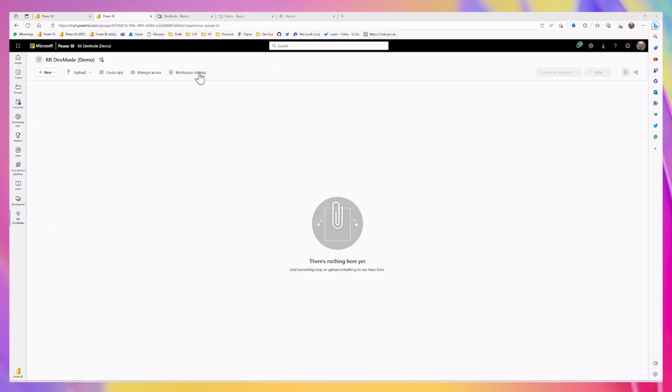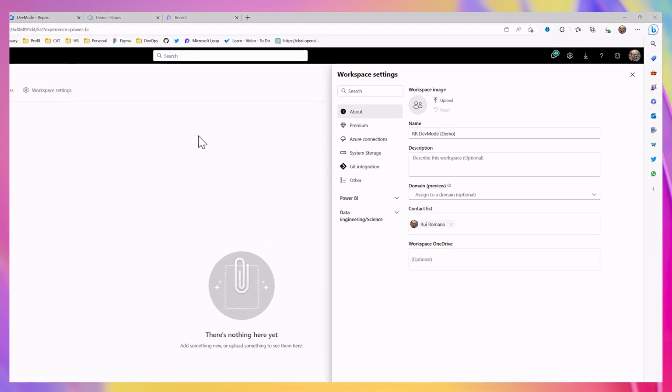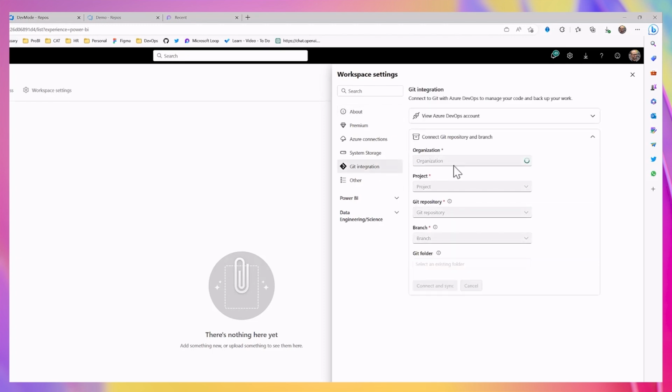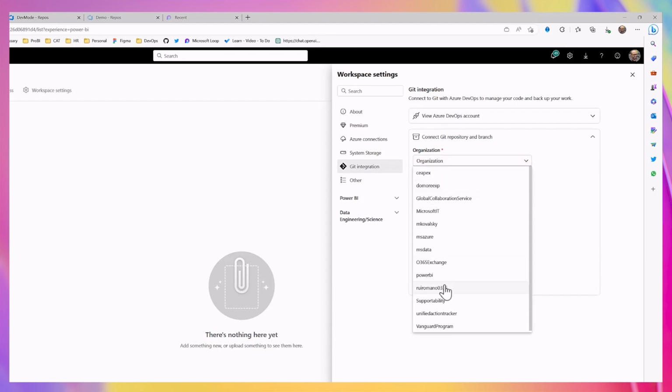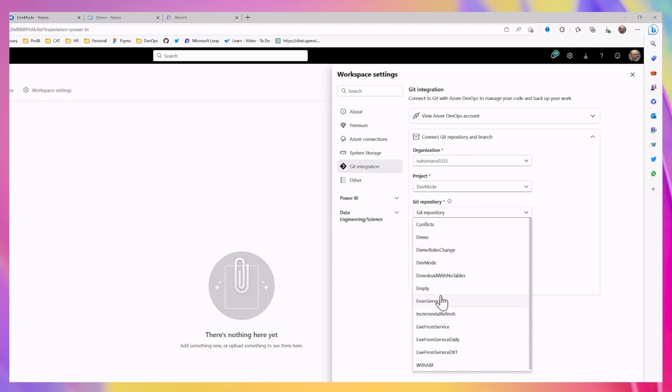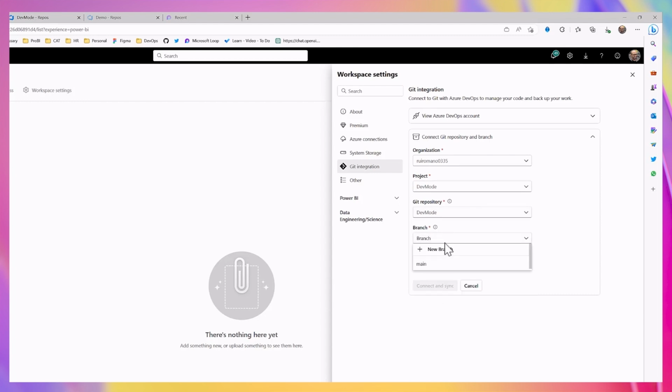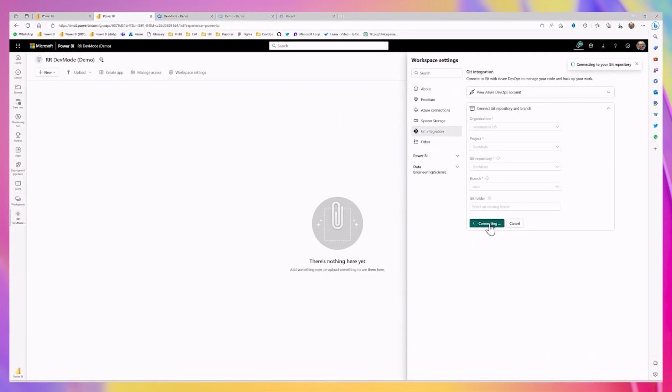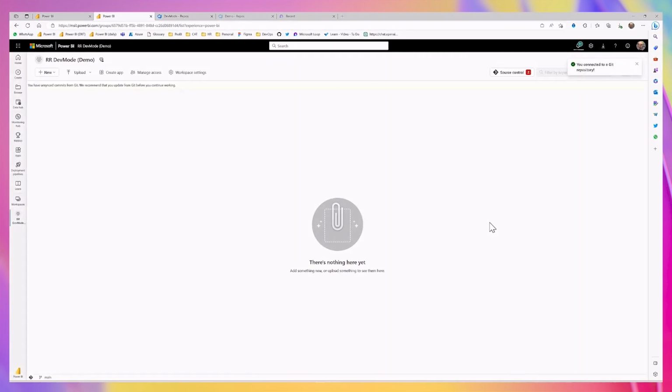And for that, you need to go to the workspace settings, where you will find an option called Git integration that will allow you to connect the workspace to an Azure DevOps Git repo. So let's select the Azure DevOps organization and the projects, the repo and branch we were working on, and click on Connect and Sync. And just like that, we enabled a two-way synchronization between the workspace and a Git repo